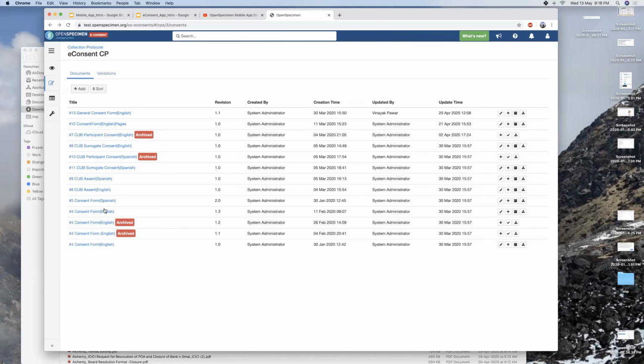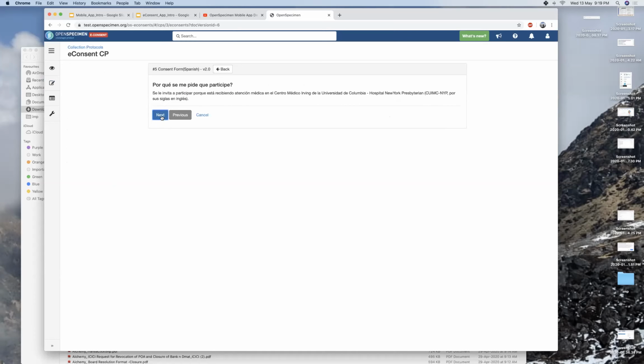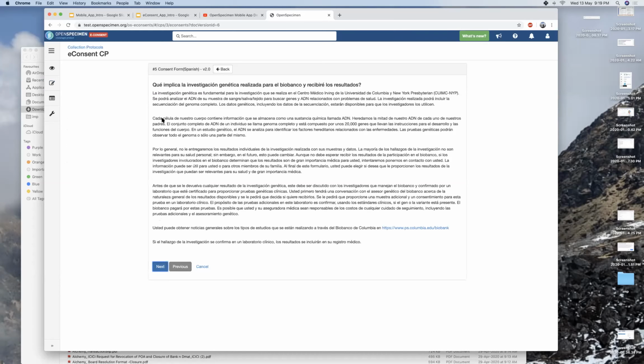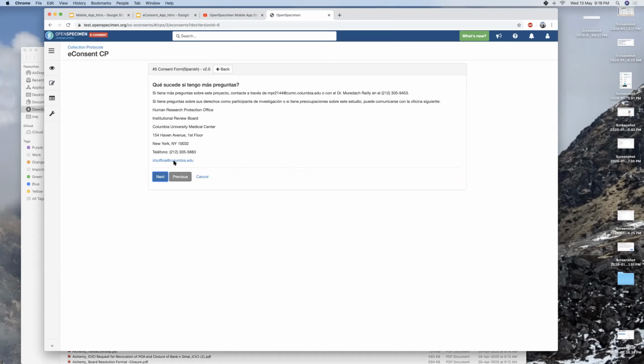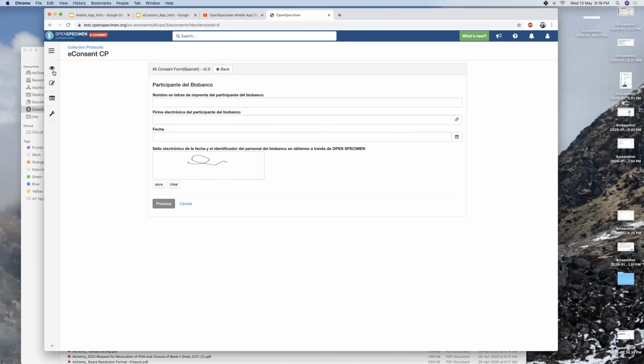And let me also show a Spanish form, and this is an example of the survey kind of form, that is with a next button. So you see that it's in Spanish, and you can click next and go to the different pages. Once you reach the end, I think it has about 19 pages. You see things are hyperlinked and things like that. And finally you see the consent fields, again signature kind of fields, etc. So you can do all that. So that's the configuration of the consent forms.